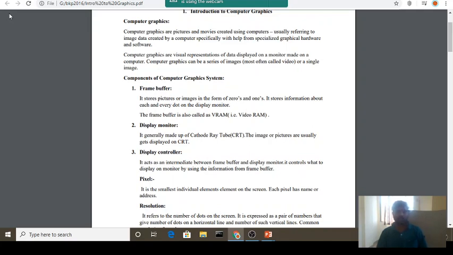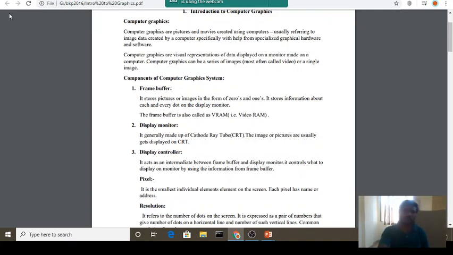After that, we have the display controller. It acts as an intermediary between the frame buffer and the display monitor. In short, whatever information comes from the frame buffer to be displayed on the monitor, we can control it using the display controller.